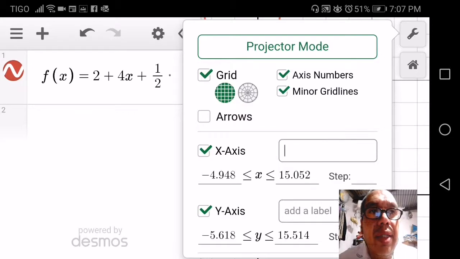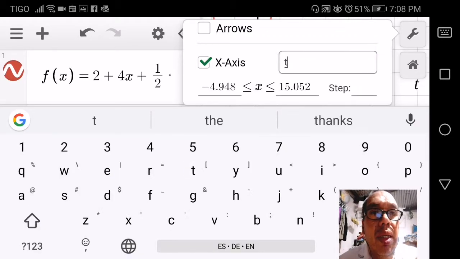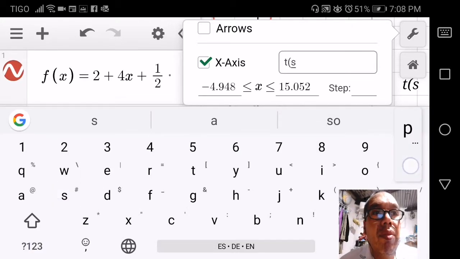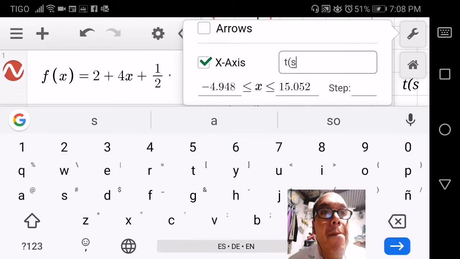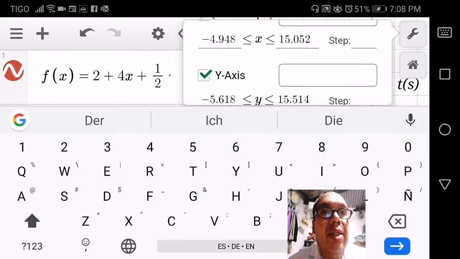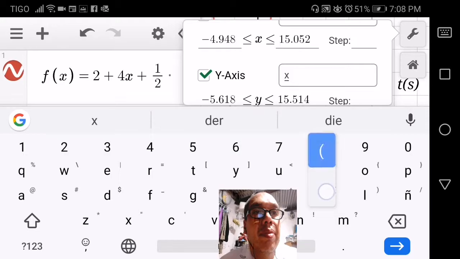If your x-axis is time in seconds, and your y-axis is position in meters,